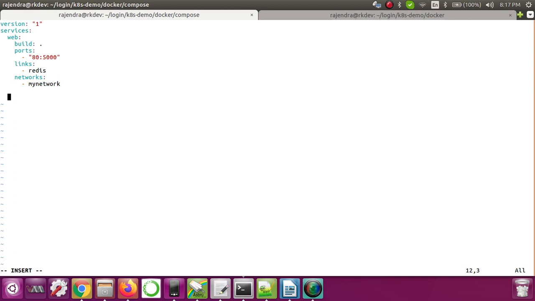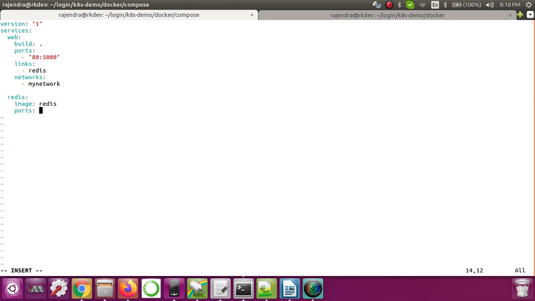Now this is done. Let me create the next service, that is Redis. Inside this, I don't want to build Redis, I want to use the direct image. In that case I can use the image tag. The image name I have is redis, that will pull this image from Docker Hub. The next thing I want is ports. I don't want to bind this to the host machine, because this container is not required to be accessed from outside. It just needs to interact with the other container which is available on the same host.